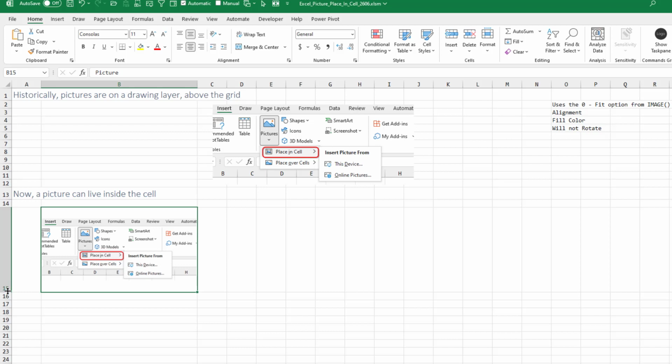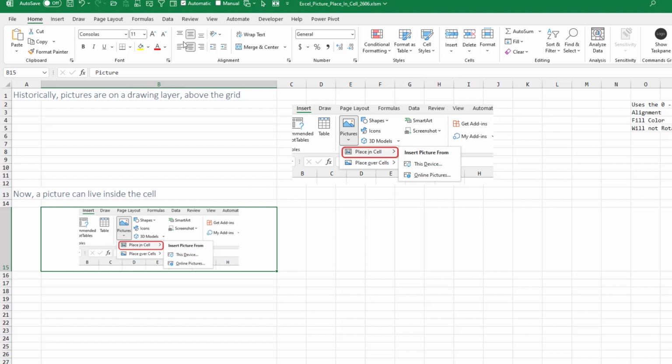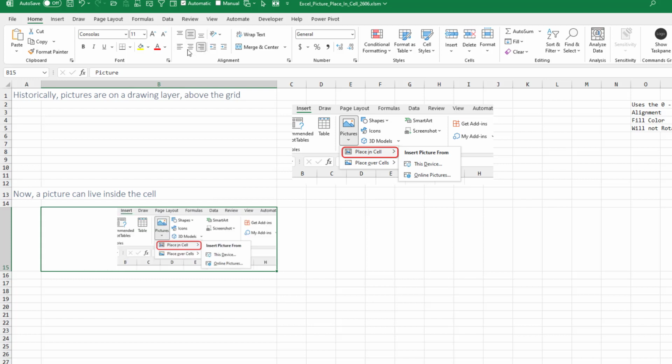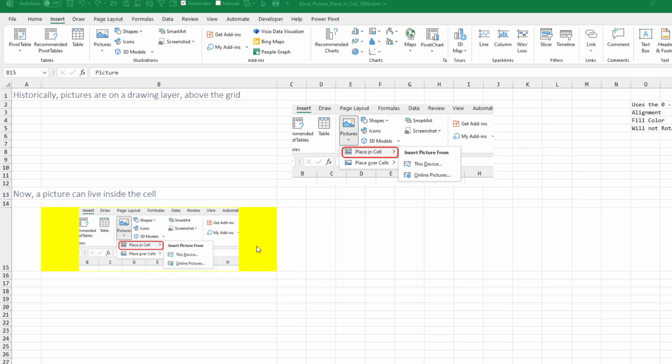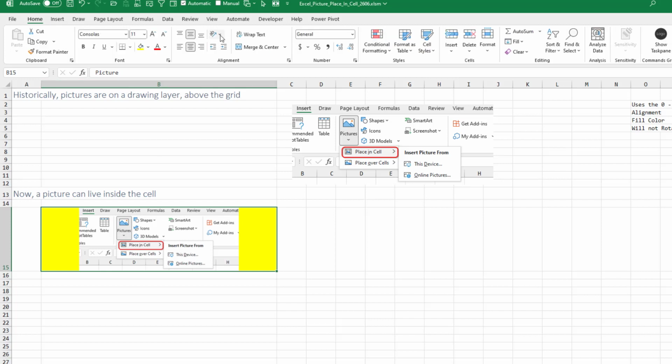Also, if I would constrain the height and make it taller, then I can use left align and right align. I can even add a fill color behind. Now, one problem we have is that Oz is saying that some of his pictures are coming in sideways, and so I thought, this would be great. We can just use the alignment, use rotate text up, which should be able to turn the picture sideways, but that does not seem to be working. Right, so it's cool, definitely.